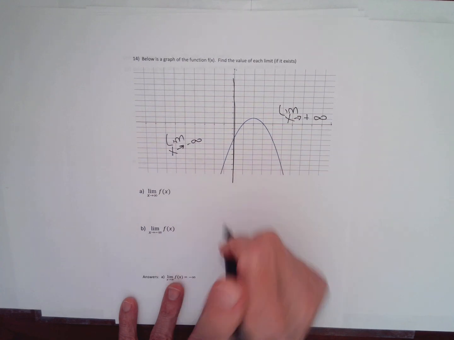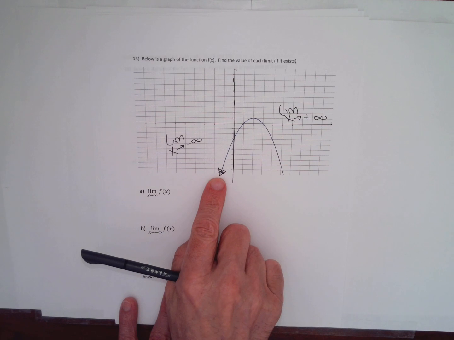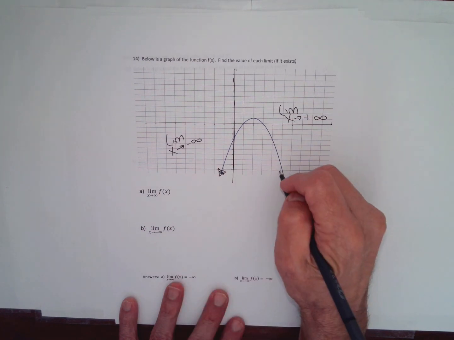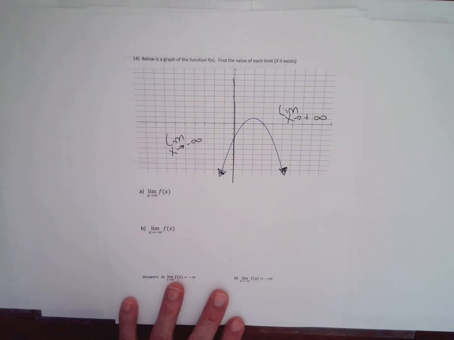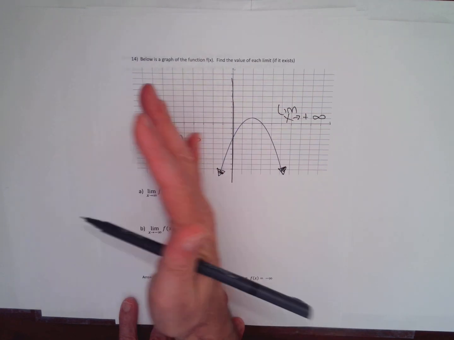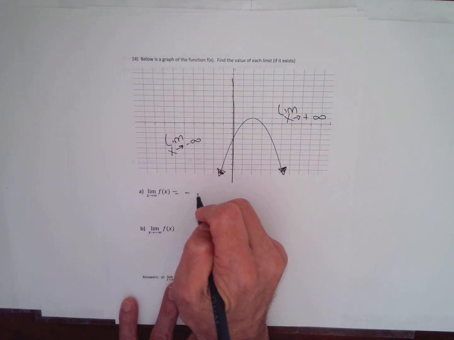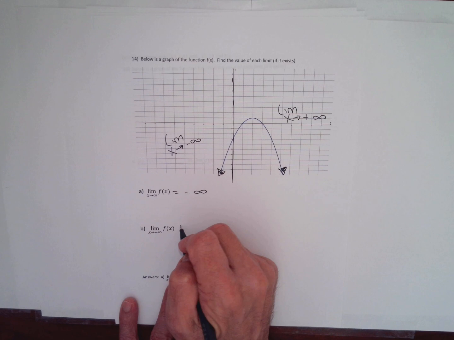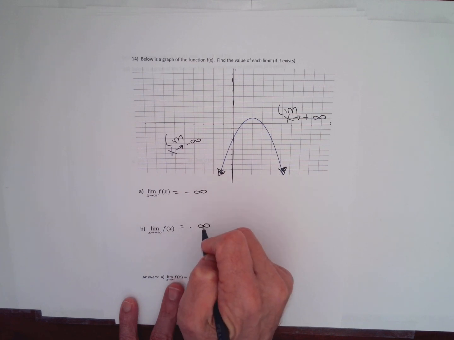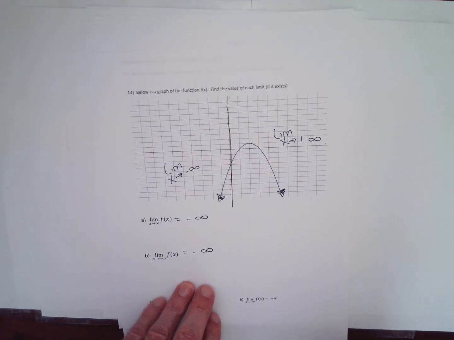Well, to the left of the origin, the graph is pointing down. The limit's not going to exist because it's not going towards a dashed horizontal line on either the limit to positive or negative infinity. Both of my limits, because both sides, to the left of the origin and to the right of the origin, the graph is going down. Both sides, the limit's going to be negative infinity because they're both pointing towards the bottom of the y-axis as opposed to the top. Whereas in your problem